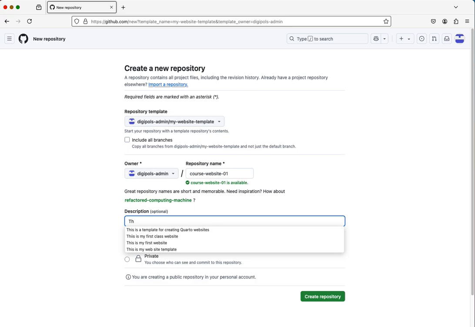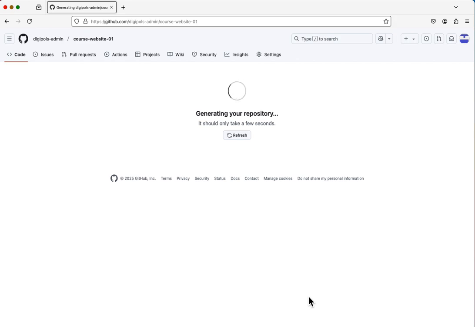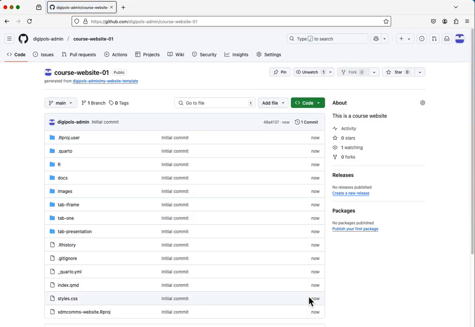This is a course website. Okay, this is an actual website. There we go. Create the repository. So we've now created this course website, and maybe you'll create a few different course websites, like a course website 01, a 02, etc. Now, we've got a website here, all the files necessary to create a website